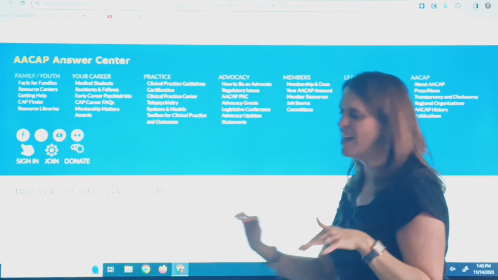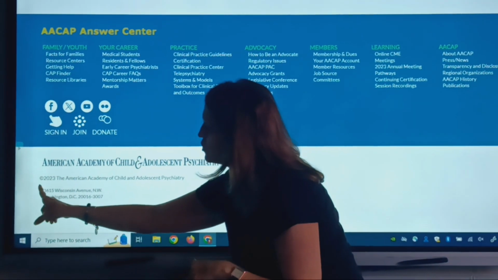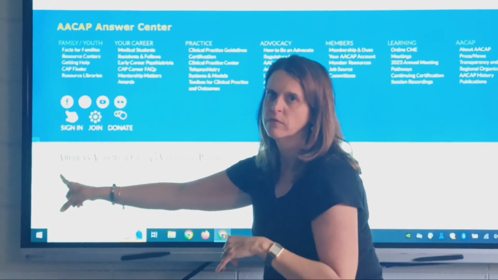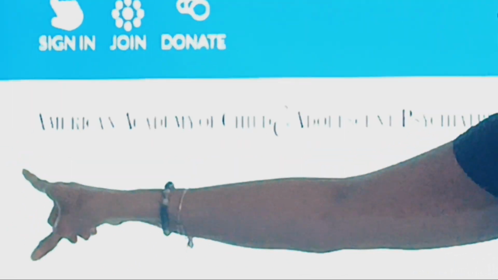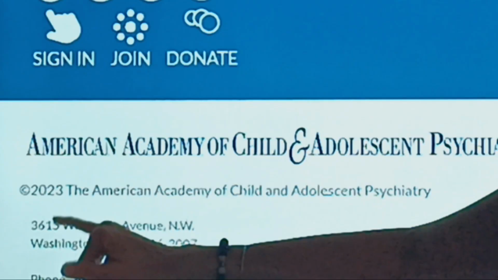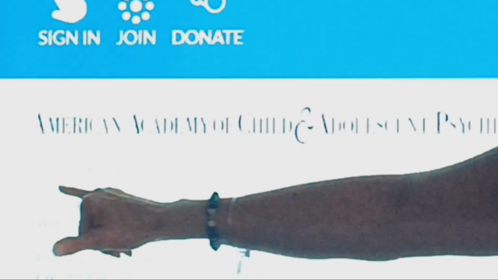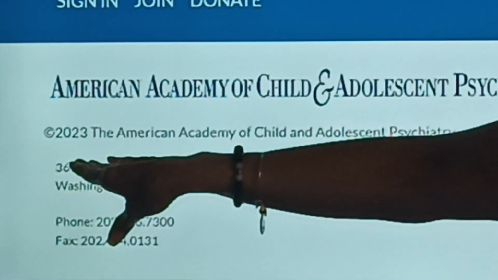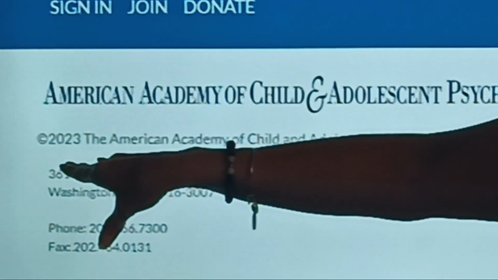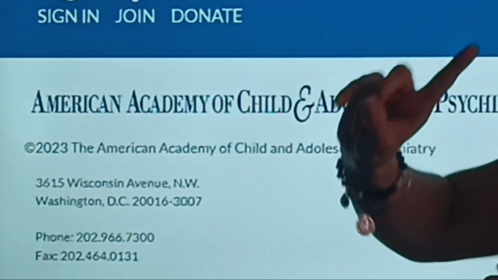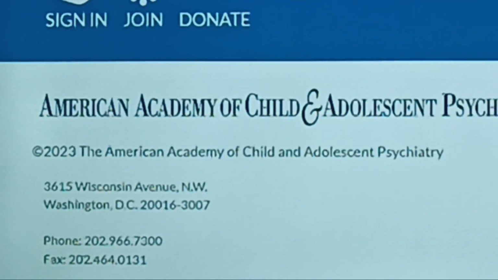If they didn't have that date, what you're looking for is this little C in a circle. That means copyright. You're looking for that year beside it. You should at least have a year that this was published, even if you don't have a month and a year. Since we have both the month and the year, that's what we're going to use, okay?